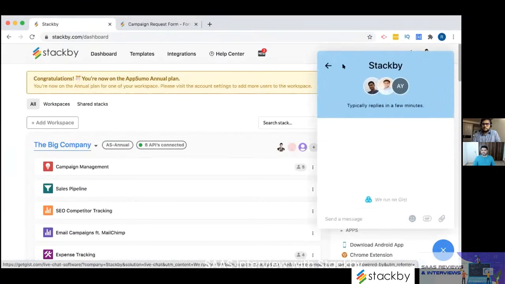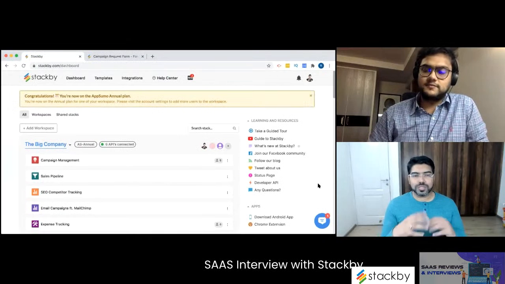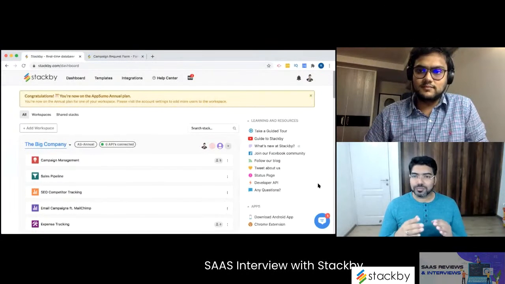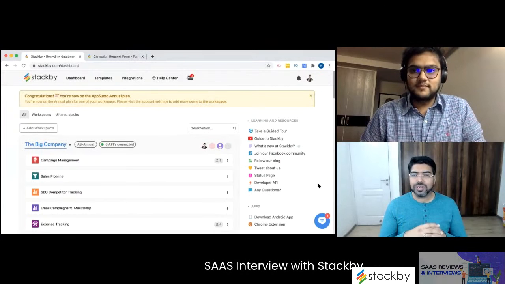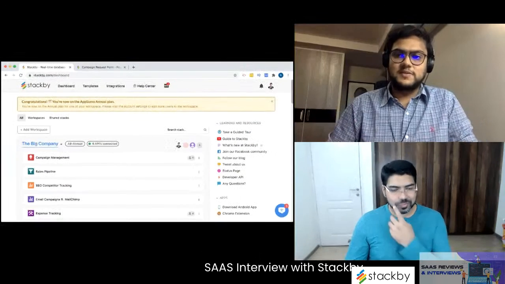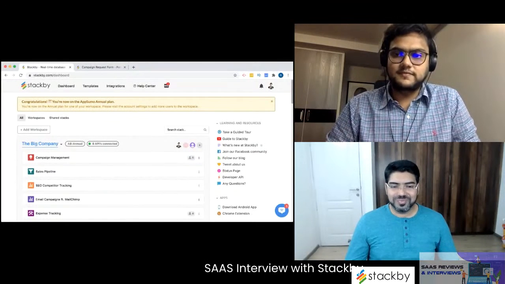Wow, that's excellent. In fact, that also triggers one of the ideas that Stackby can be used for service ticketing as well. Troubleshooting, just like you showed the form. People can fill in the form in terms of what problem they are facing, or if there is any feedback, and it gets added to the list of the project management teams. Yeah, we do have a few customers actually using that. Oh, that's nice. So some small to medium business owners across sectors are using it.